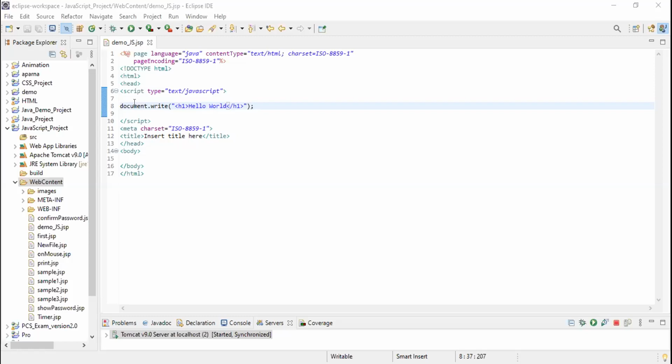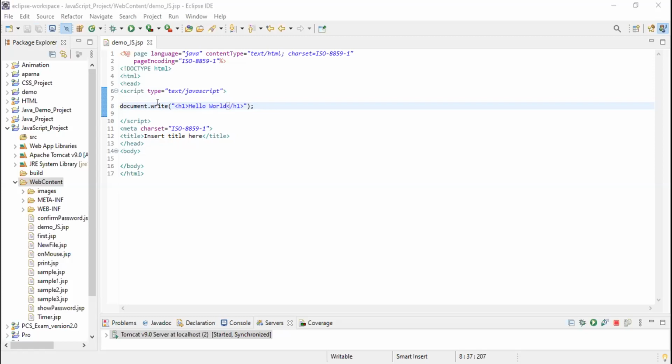The HTML code, ma'am. Document object is a default object given in JavaScript that represents the entire document. It is just an HTML document. And what is write?